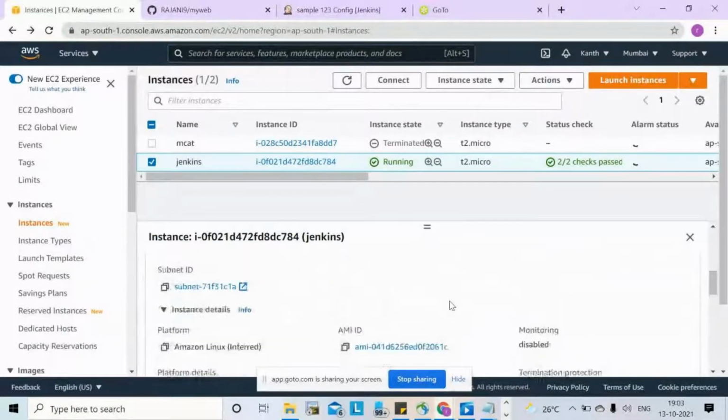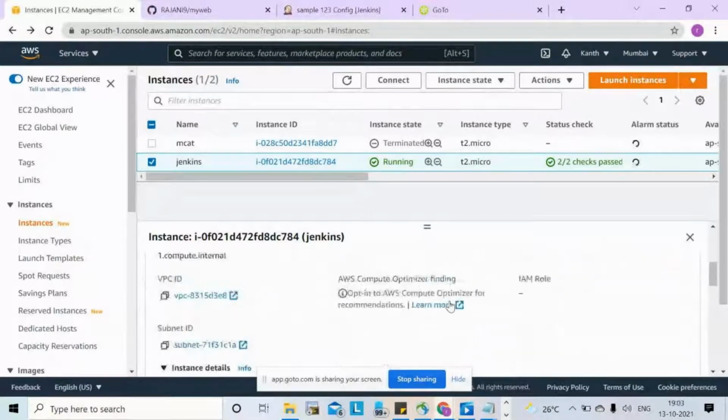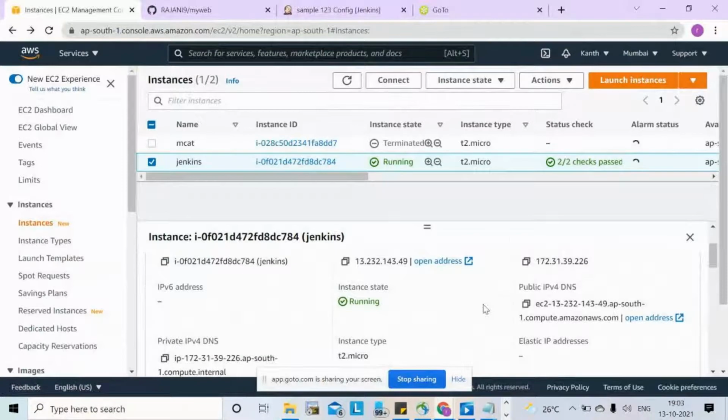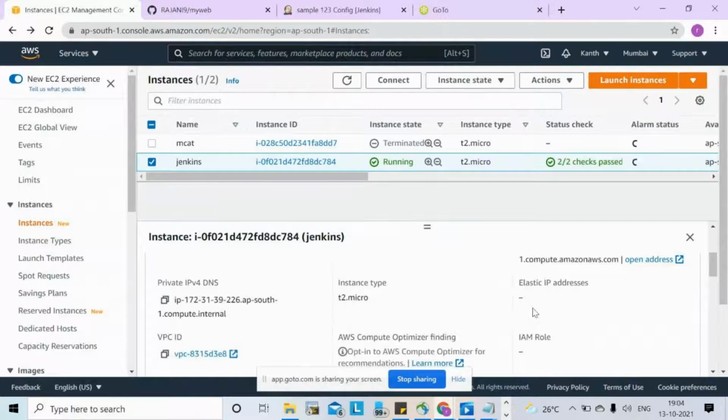If you installed Jenkins in AP South 1A availability zone, then the Tomcat server also needs to be installed in the same zone. In another availability zone the communication may not happen. It's like a different segment of network.